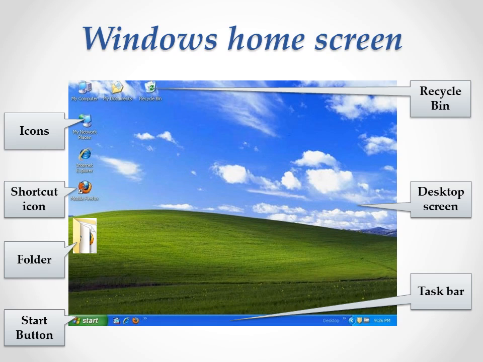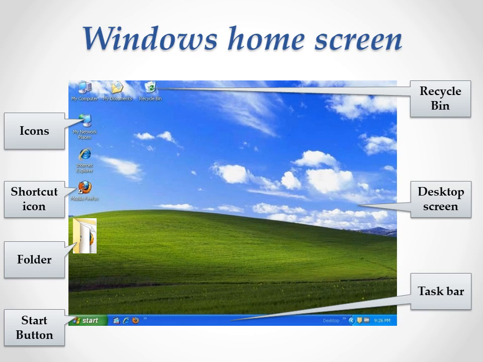And a folder would be in yellow color. A folder is the one where you store all the files which you have worked with. And the start button is the button which helps you to get into the applications. And you all know the desktop screen, as I explained to you in the beginning itself.